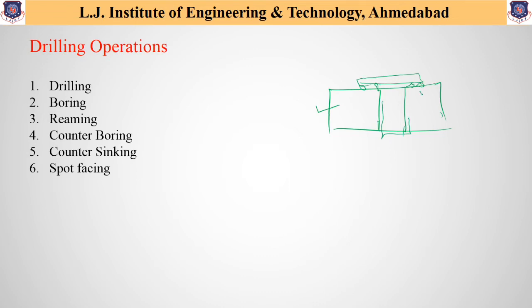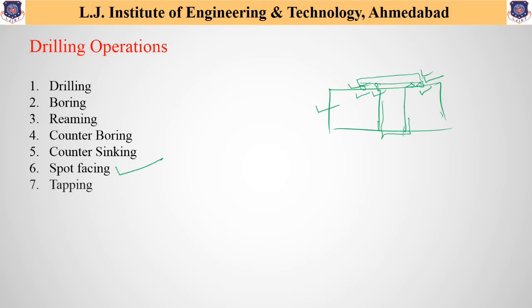then what happens, these particular burrs will disturb the proper operation required of fixing, and proper fixing cannot be obtained. So it is necessary to remove the burrs from the top surface of workpiece. So the process of removing these burrs from the surface of the workpiece or component is called the spot facing operation. So spot facing operation is the operation to clear the surface of workpiece for proper fixture of the component in any application.